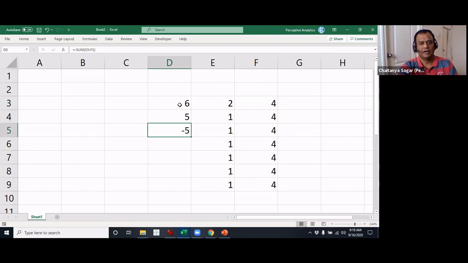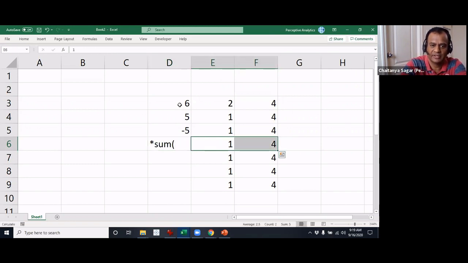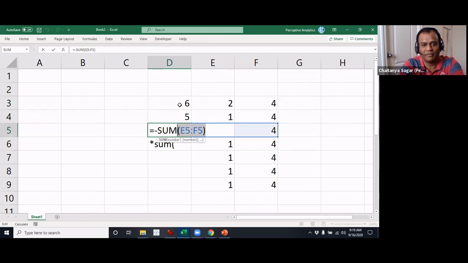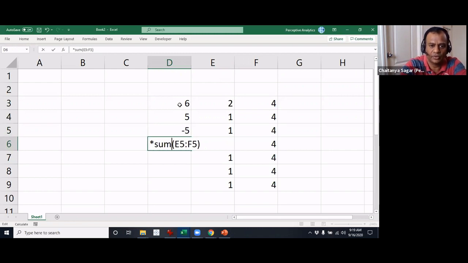However, this is not true with a multiplication symbol. That won't work. You can check this. First of all, it's not even giving the formula because it is not a formula as far as Excel is concerned. Okay, this doesn't work.